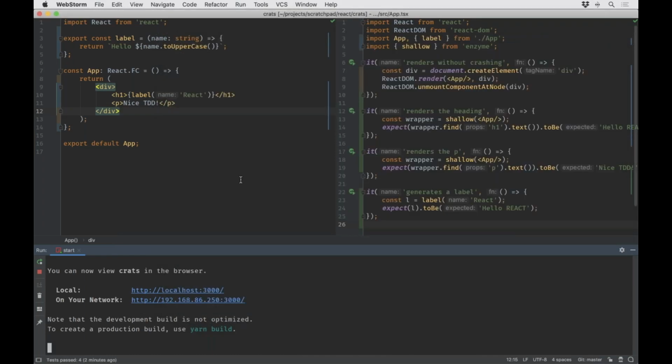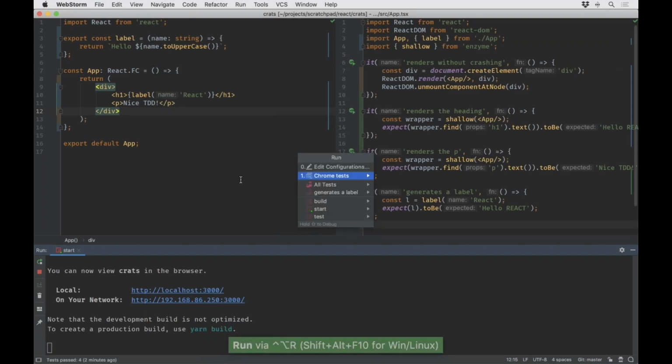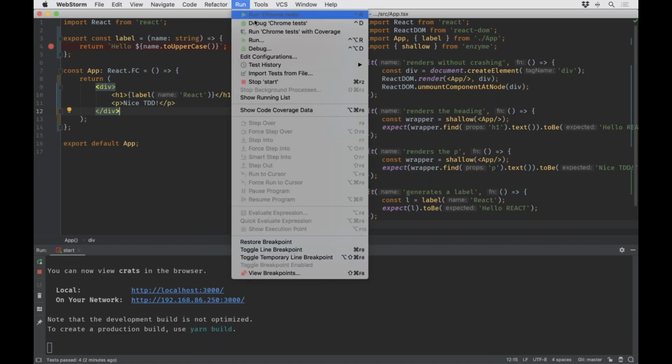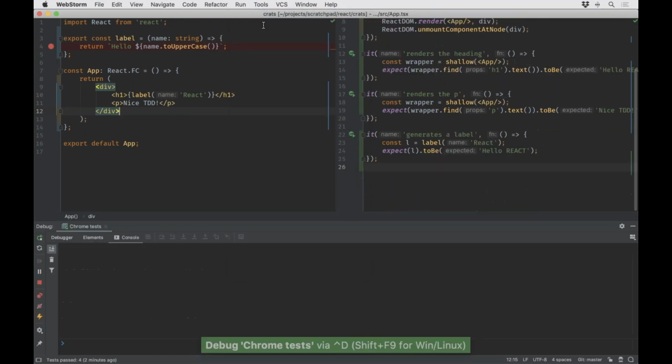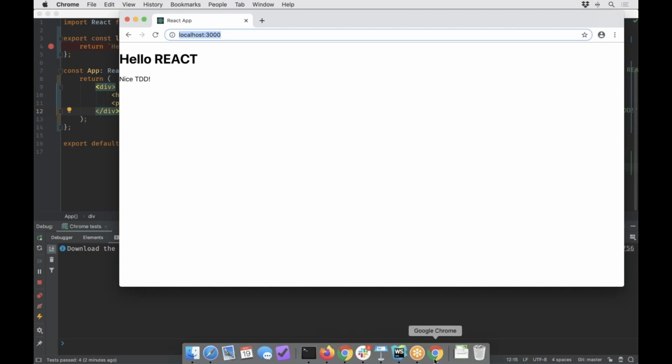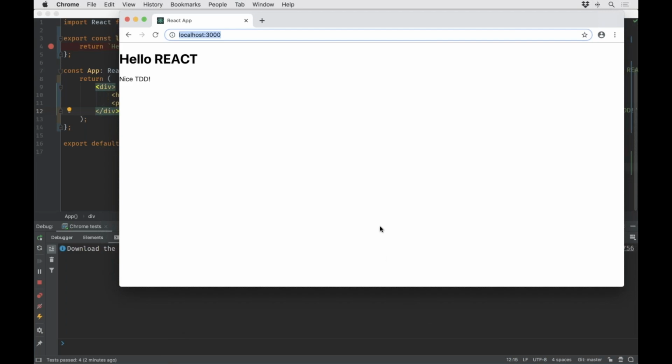So now I have a run configuration. I can see it here, Chrome tests. I have a run configuration, and I want to debug and stop at this breakpoint in Chrome. How will I do that? Instead of running Chrome tests, I will debug Chrome tests. It's going to pop up a private copy of Chrome. You see down here, I now have 2 Chrome instances running. It created a new profile with no universe of history in it. And now if I reload,